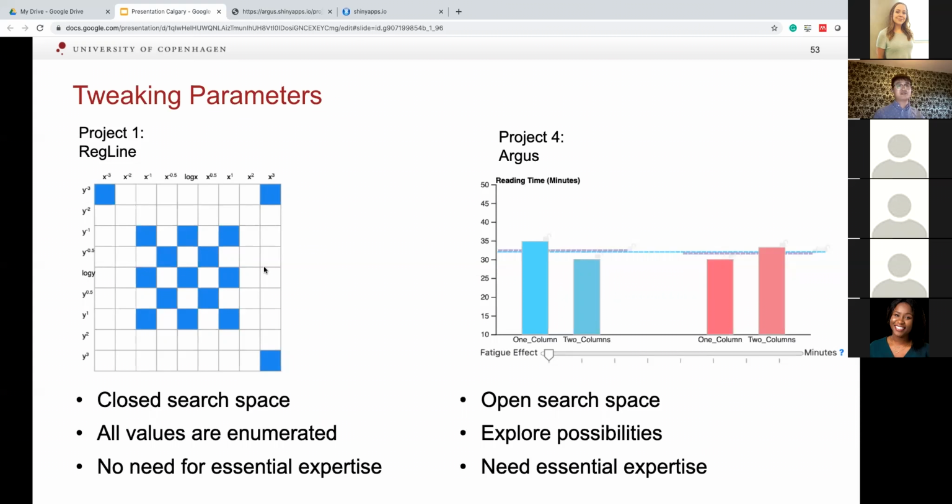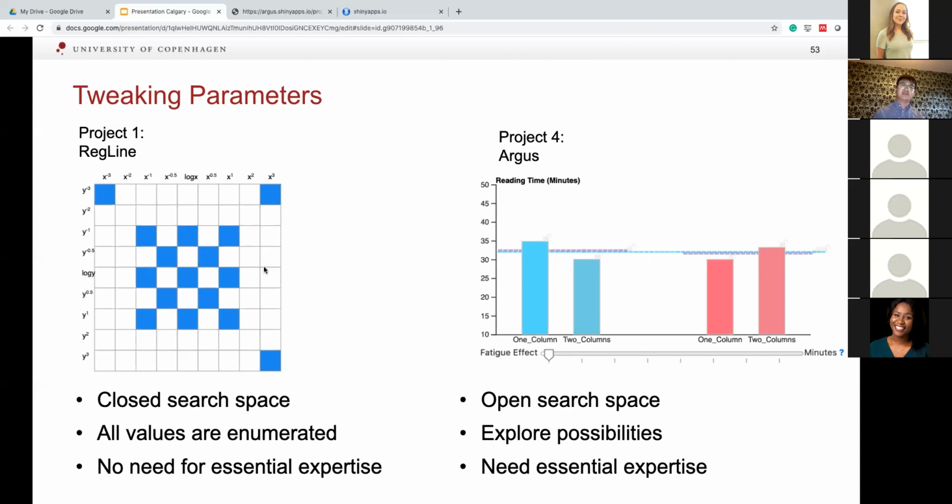Regline creates a closed search space for tuning parameters by enumerating all possible values. Users only need to find one from a list of options rather than come up with new combinations. This approach lowers the threshold for using the tool, and even people with little statistical knowledge can use Regline. By contrast, Argus offers users an open space to explore possible values of a model parameter.